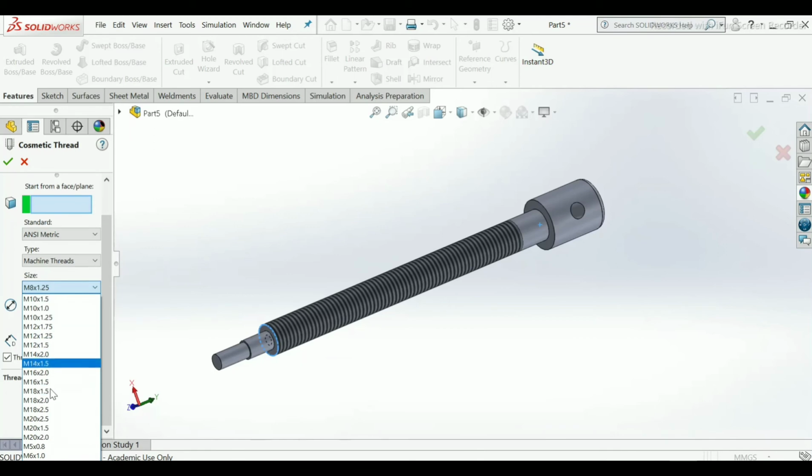Actually you can edit it by right clicking on the cosmetic thread. Thread will be M20 into 1.5.